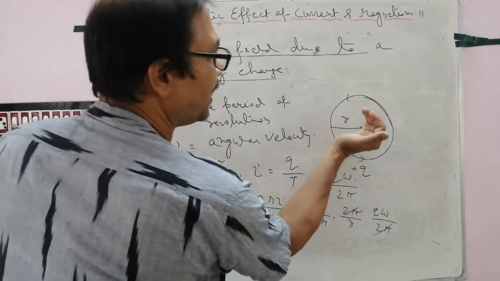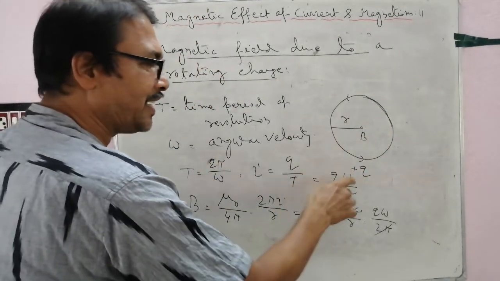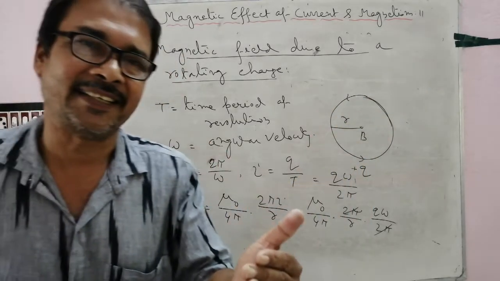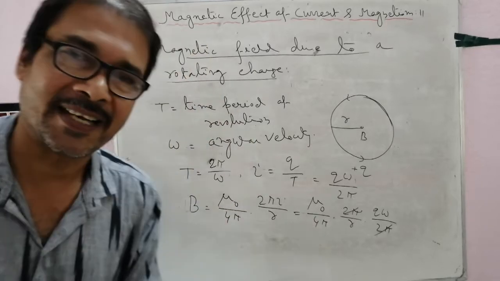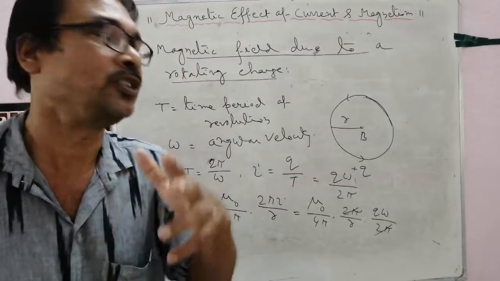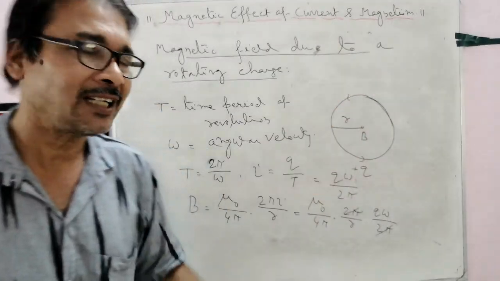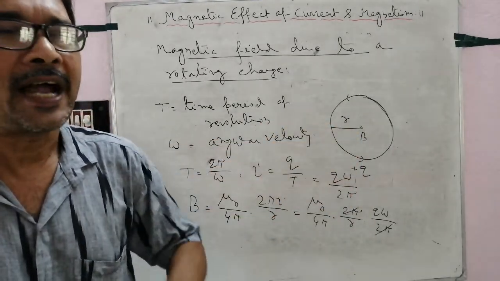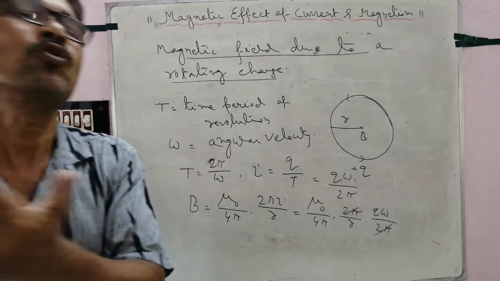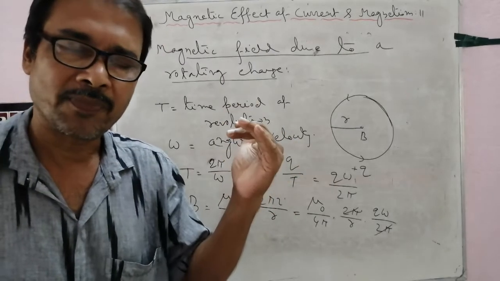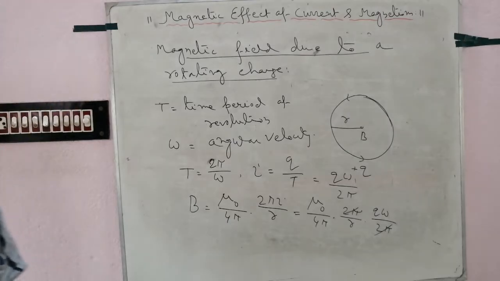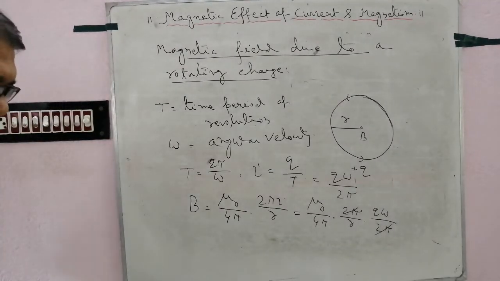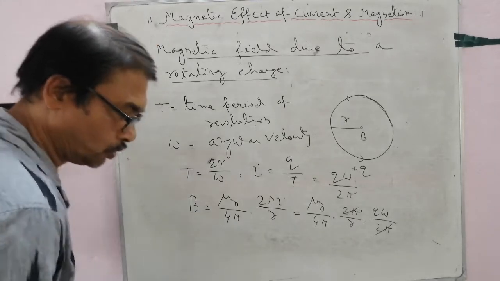Direction, of course, for a positive charge is upward. If the charge is negative, the magnetic field will be downward, because the direction of current and the positive charge are the same, but the direction of current and the negative charge are opposite. So for the movement of positive charge, the magnetic field according to the figure is towards the reader, perpendicular to the board, and if the charge is negative, the magnetic field is downward, but of course perpendicular to the board. This is another important application. Note it.